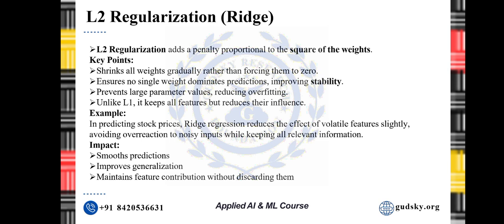For example, let's say we are predicting stock prices and one input feature is very noisy, like daily Twitter mentions of the company. Without regularization, the model might assign a huge weight to that feature just to fit random spikes. L2 limits this. It reduces extreme weights, leading to smoother and more stable predictions. So, in summary, L1 zeroes out some weights, which is feature selection. L2, ridge, reduces all weights smoothly, for stability and generalization. Both have the same goal: control overfitting and make the model more flexible.